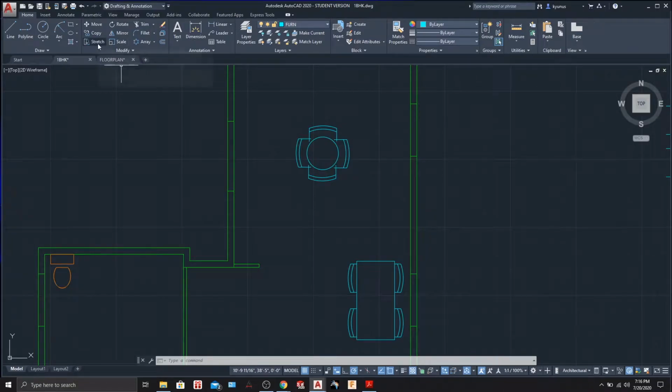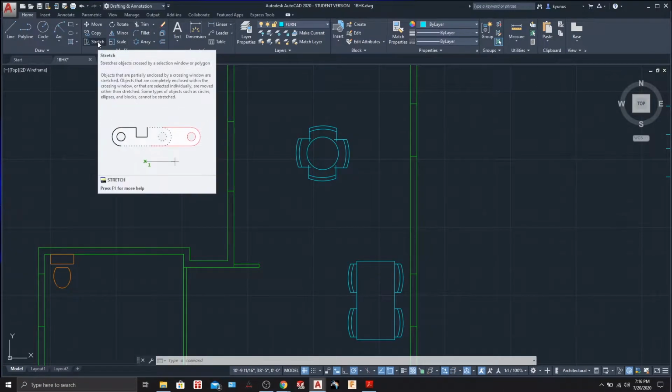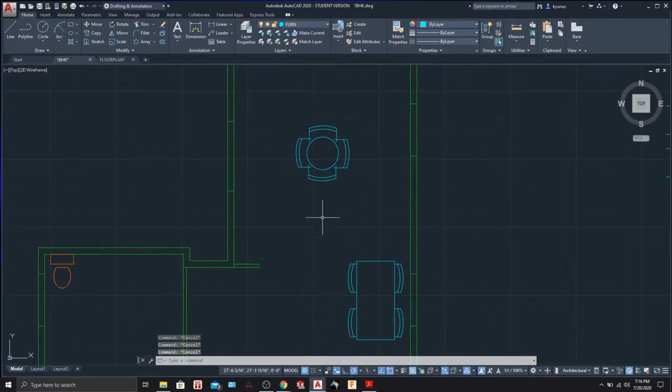Let's see what stretch is. So if you read the cue card, it stretches objects crossed by a selection window or polygon. Alright, we can stretch it. We can stretch our object pretty much. So before using that, I want to